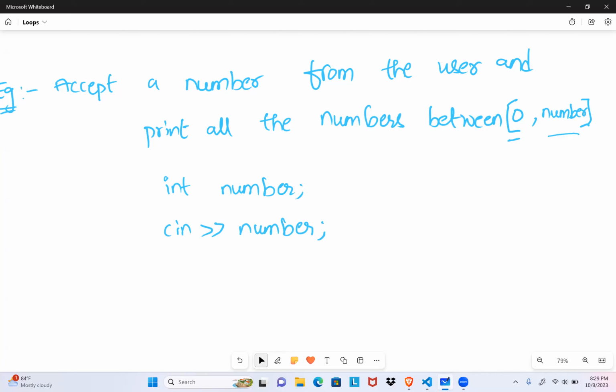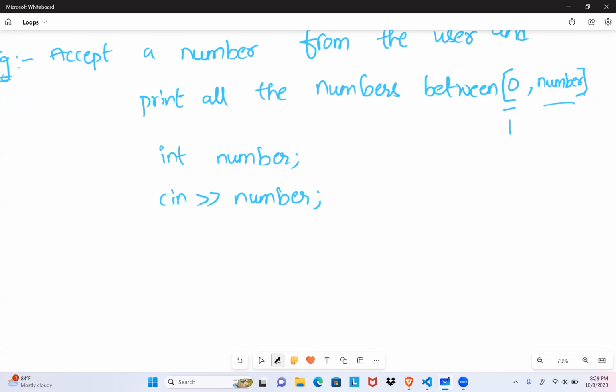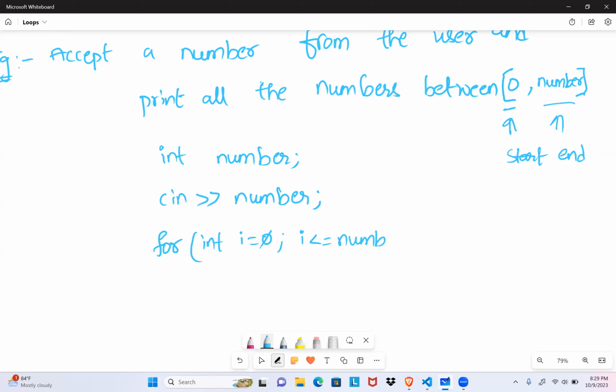And the ask is that I have to start at 0 and I have to end at the number. So this is my starting point, and this is my ending point. So this is the ask. So for this, the way I start is for, and I'm creating a variable. This variable starts at 0, and this variable needs to go all the way till number, because let's say if